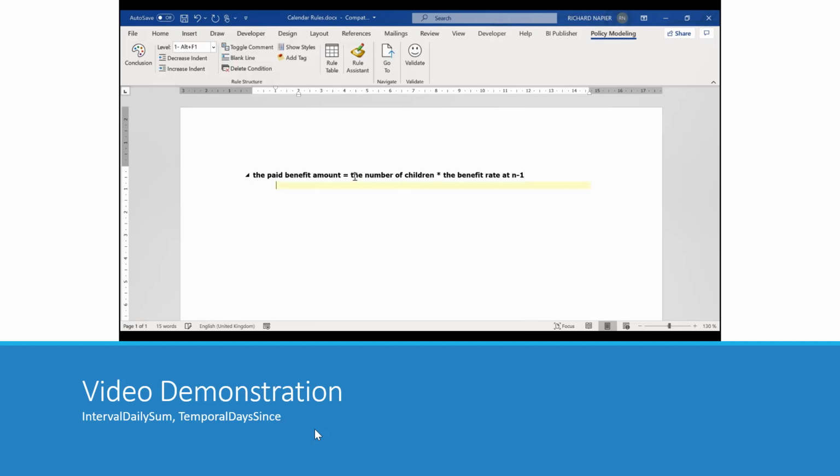We also want to be able to calculate the amount of benefit paid since the start of 2020. Let's do that. And we know that we need to do that. So there is a function we can use, is interval daily sum,